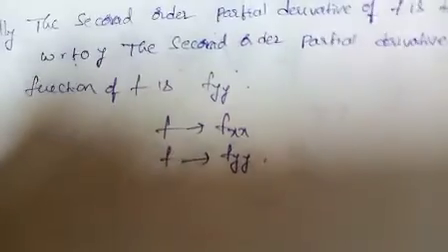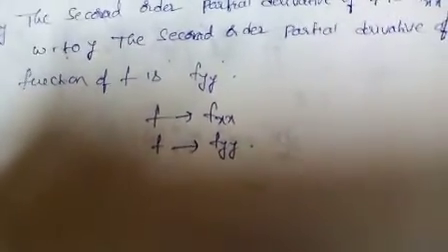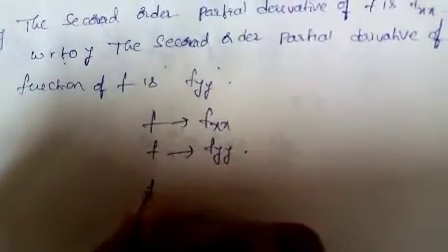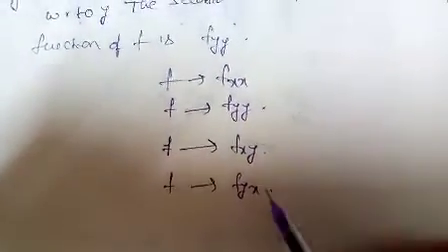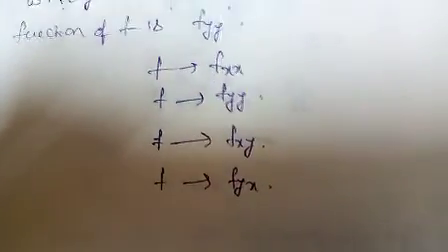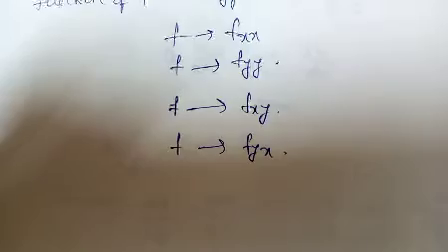So with respect to y to the given function, fx is fxy. Similarly, the second order partial derivative of the function fy is fyx. So these are the second order partial derivatives of the given function. So now the two repeated second order partial derivatives are fxx and fyy. So more generally those two are equal.